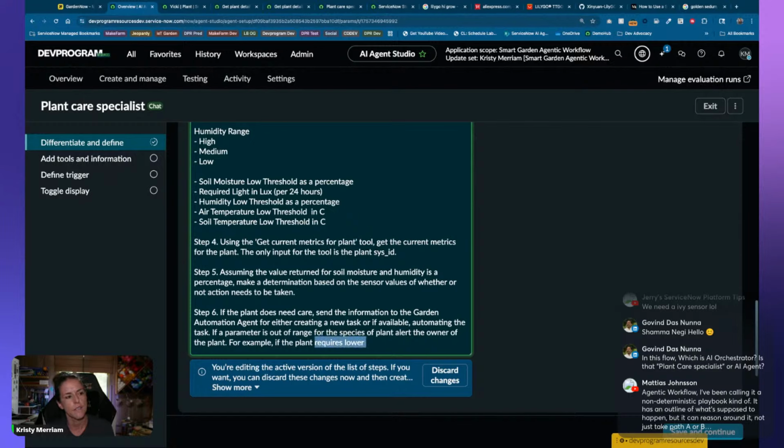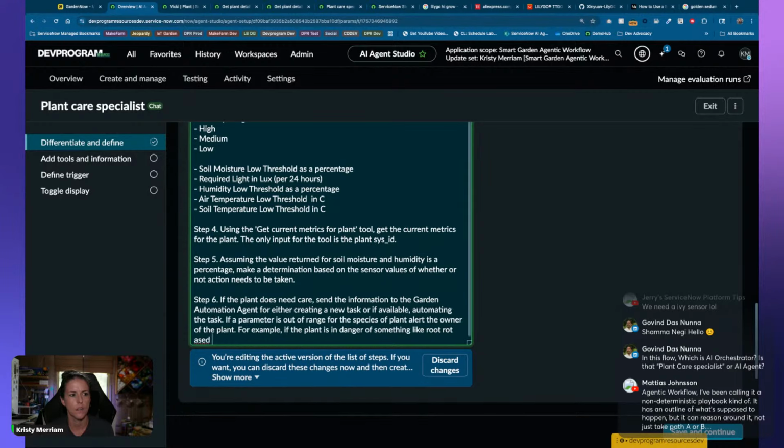What if we say if the plant is in, I'm going to get too specific, I think, danger of something like root rot based on